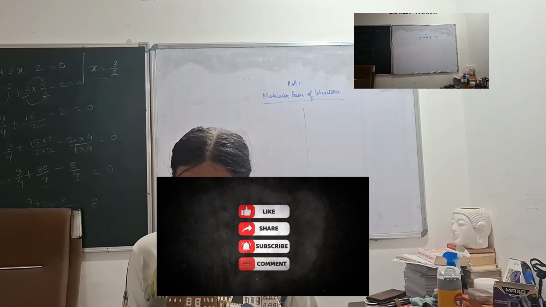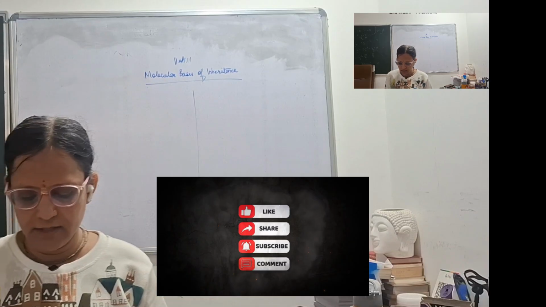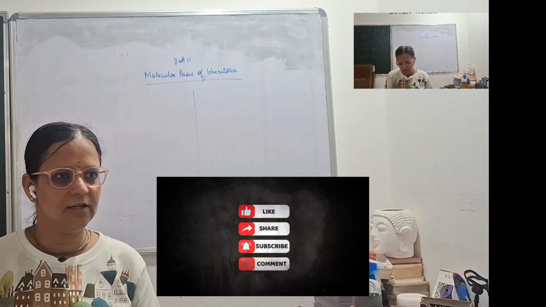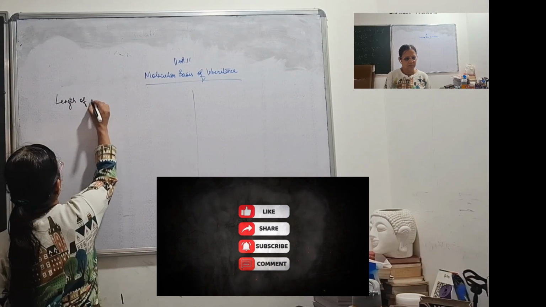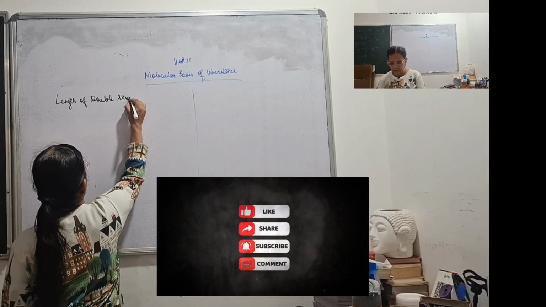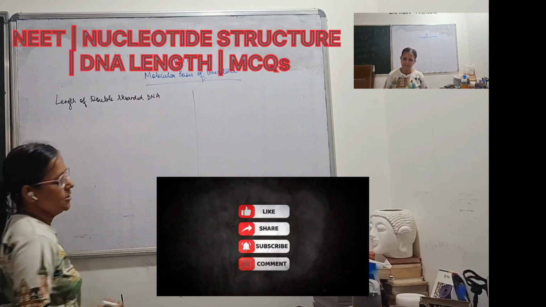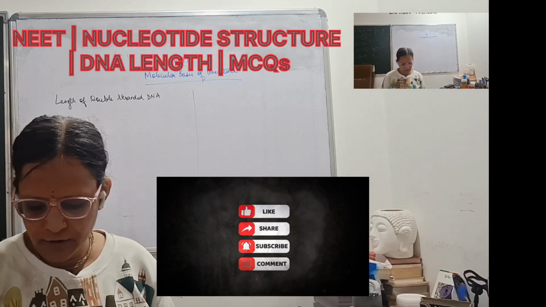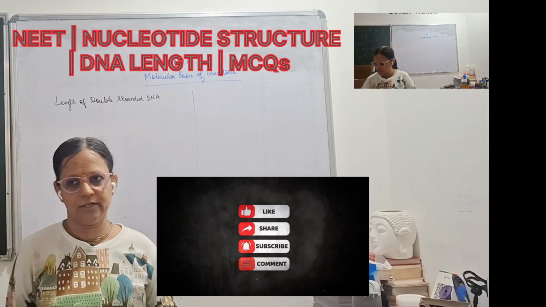Let's begin. This is another important topic for NET. How would you find the length of a DNA molecule in double stranded DNA and single stranded DNA? Length of double stranded DNA. Okay. So if you have two DNA strands, now we know that the DNA strands are helical, but